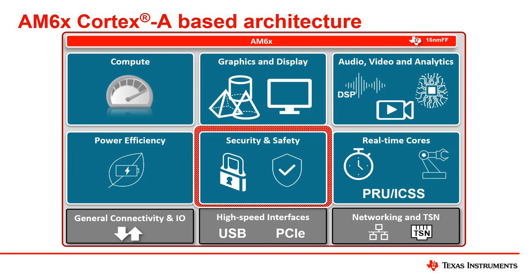And paired with a lot of connectivity in order to allow these chips to interface with the rest of the system, whether it be basic connectivity like SPI or I2C or UARTs, all the way up to things like USB, PCIe, and extensive networking capability, including TSN, or time-sensitive networking. All of this pairs together to form an architecture that can build a number of flexible and capable embedded systems with security inherently at the core.